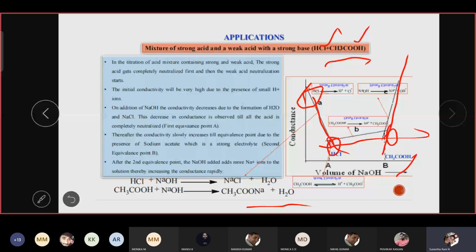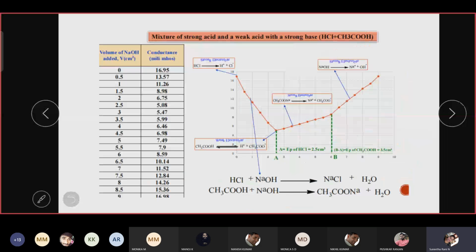Later we have to plot. I think all of you have plotted this experiment, right? How many of you plotted this graph? Almost everyone has done this conductivity experiment, plotted the graph and calculated. We added 0.5 mL each time and you tabulated the volume and the points you got on the graph sheet, and you got the volume V1 for HCl and V2 for acetic acid, correct? So this is the graphical representation to find the conductance of the ions. This is how we are going to use it.